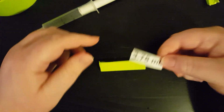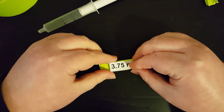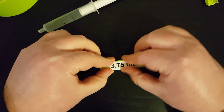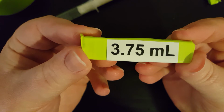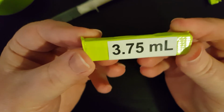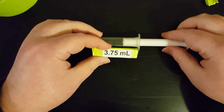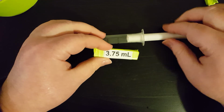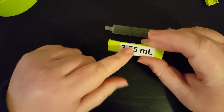So I couldn't get the 2.5 off, but I got the 3.75 off. Okay, so we have 3.75 milliliters on our staples. So this can be kept in a Ziploc along with your syringe, and you can have the 3 different measurement scales. You can make the 3 and have them in the bag with it, whether you're using Braille